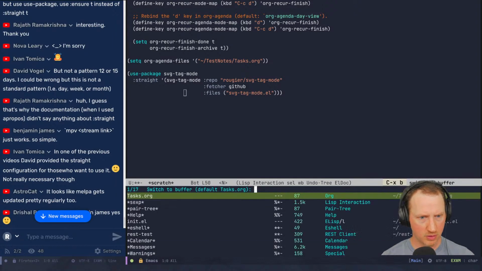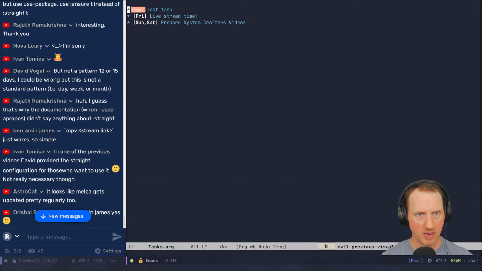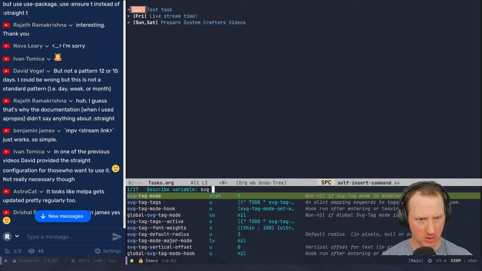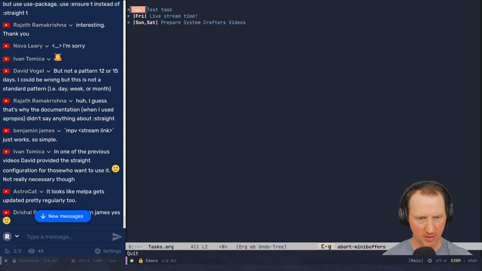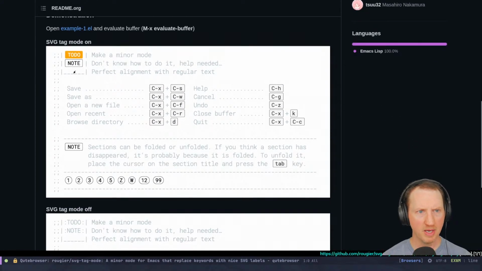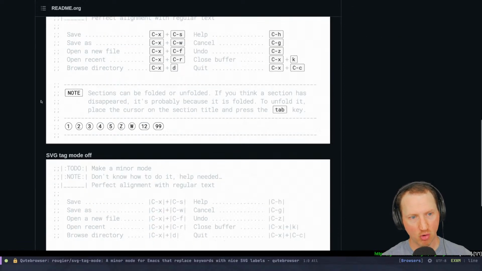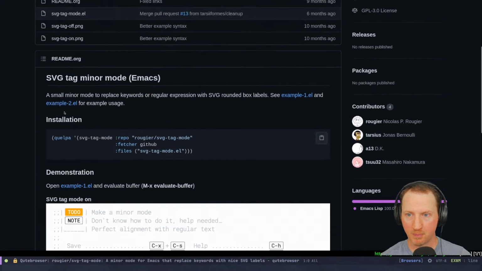And now if I jump over to task.org, say SVG tag mode. Nice. Okay, so it basically makes a little SVG image for the tag for the task. I think maybe the font. Let's see, SVG tag font weights. There's got to be a way to change the font for that probably, because it will look very nice if the font is better. The colors aren't perfect either, but maybe that's something that can be changed with faces or something. But you would basically get little markers like this in your files instead of just the normal to-do text, which honestly, I might use that because it looks nice. It looks better than the built-in stuff.